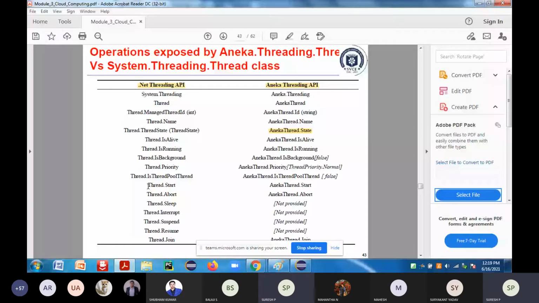You have to write a detailed description of how the Java threading API is different from the .NET threading API and the Aneka threading API. As we have already seen, thread dot interrupt is not supported, so whenever the interrupt comes, you shift the running thread into sleep mode.